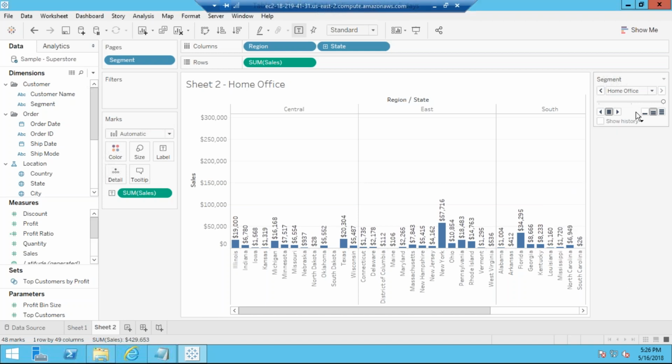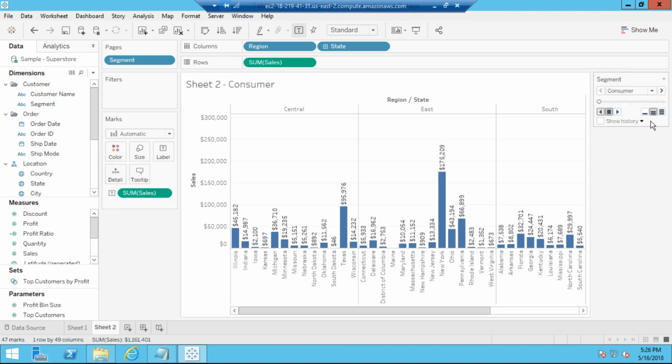These are the small settings you can do here, for playing purposes. You can just select this and it will automatically move from here to here. This is just about moving your pages. So this is your pages view.